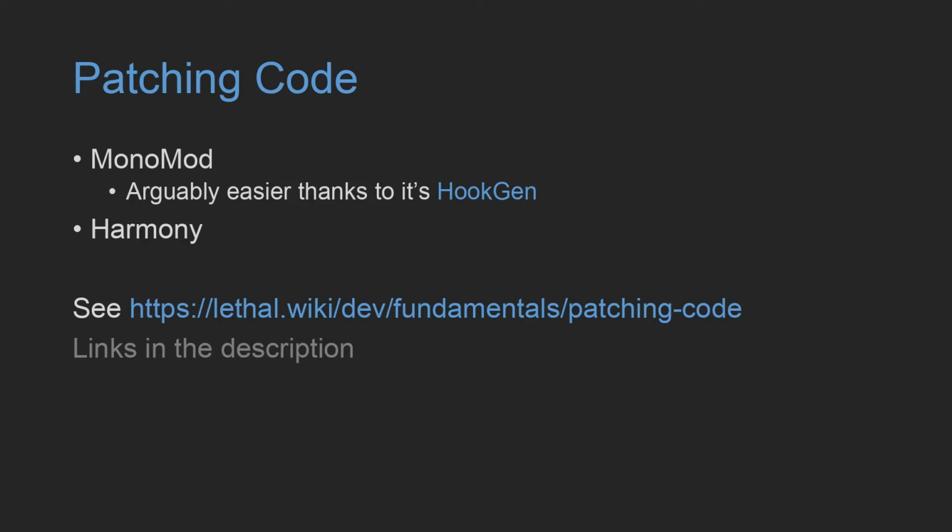For this, we can use MonoMod or Harmony. Of these two, I prefer MonoMod since its HookGen is awesome and makes patching methods effortless. HookGen generates events for nearly every method in a target assembly that we can subscribe to, and it allows us to autocomplete or patch methods. Visual Studio is good at this, but with Visual Studio Code, we will have to use the Quick Fixes menu to generate the patch methods, which isn't too bad, but not quite as convenient.